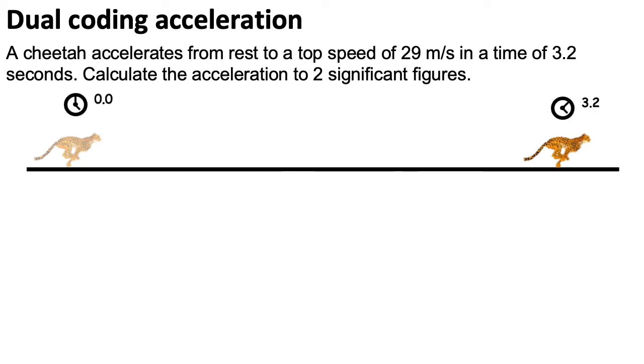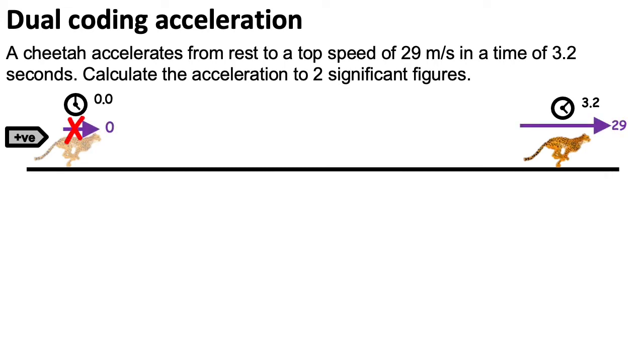So let's put in the time. Notice that with the clock face for the 3.2 seconds, we show the hands of the clock have moved forward a tiny bit. This is to emphasize that this is a later time. We select an arbitrary positive direction, in this case it's left to right, and we put in the initial and